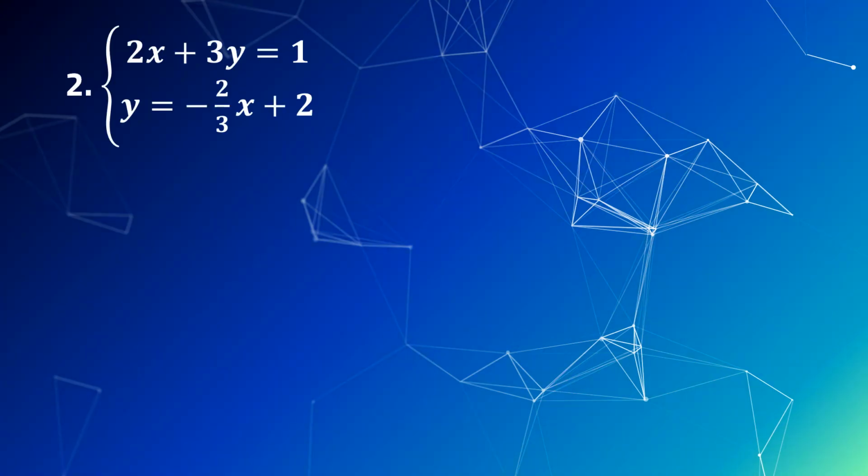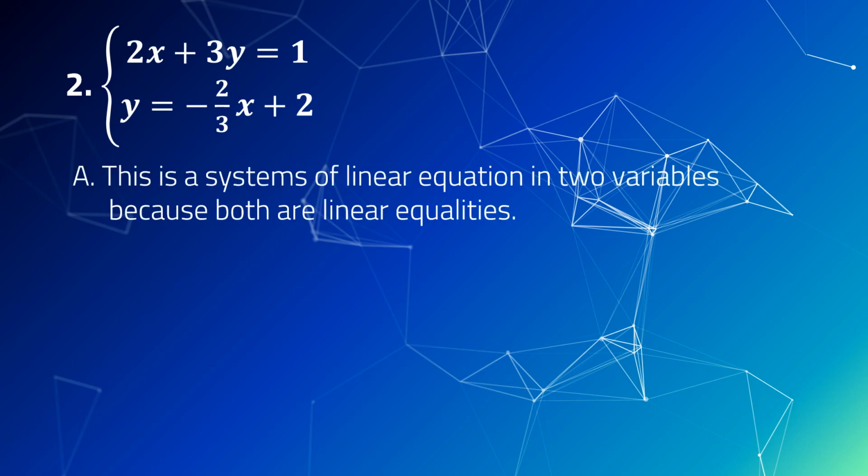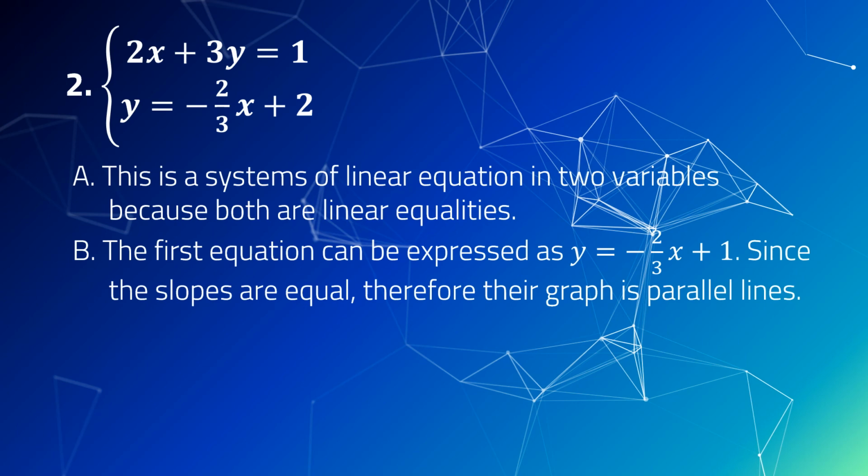Problem number 2. The given is 2x plus 3y is equal to 1, and then the second equation is y is equal to negative 2/3 x plus 2. This is also a system of linear equations in two variables because both are linear equations. Then the first equation, 2x plus 3y equals 1, can be expressed in y form, or